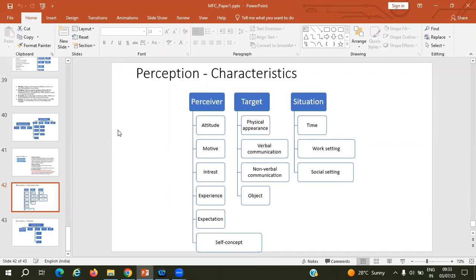Based on that, you are defining and characterizing the target based on the perceiver quality, and the person to whom you are perceiving, that is the target, the quality of this person. Situation. Situation is the